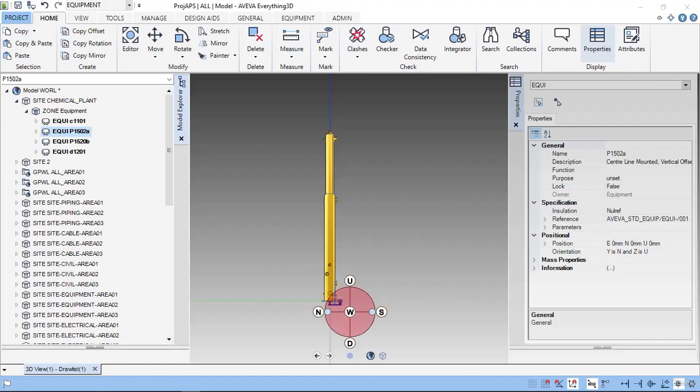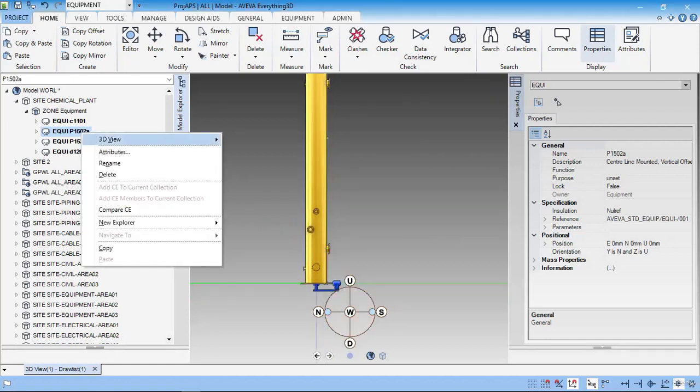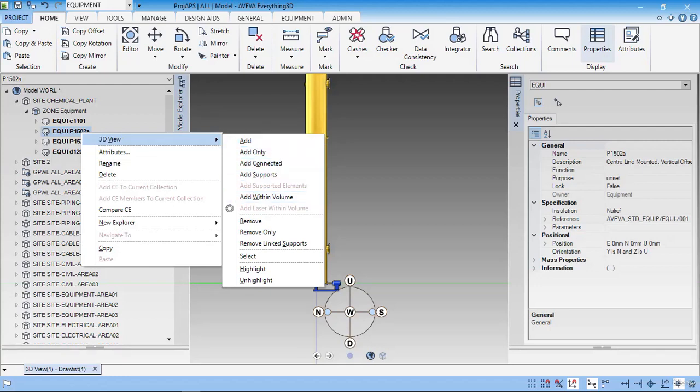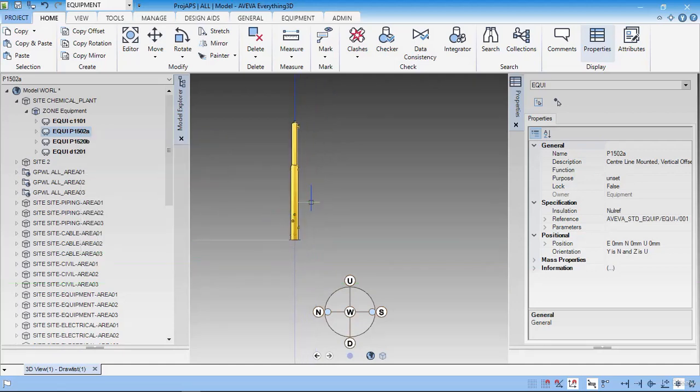Okay, here see the pump is added. For our convenience now I remove that, not delete. If you delete, the entire equipment will be deleted. I just click remove. Okay, now how to arrange the equipment? Go to equipment,